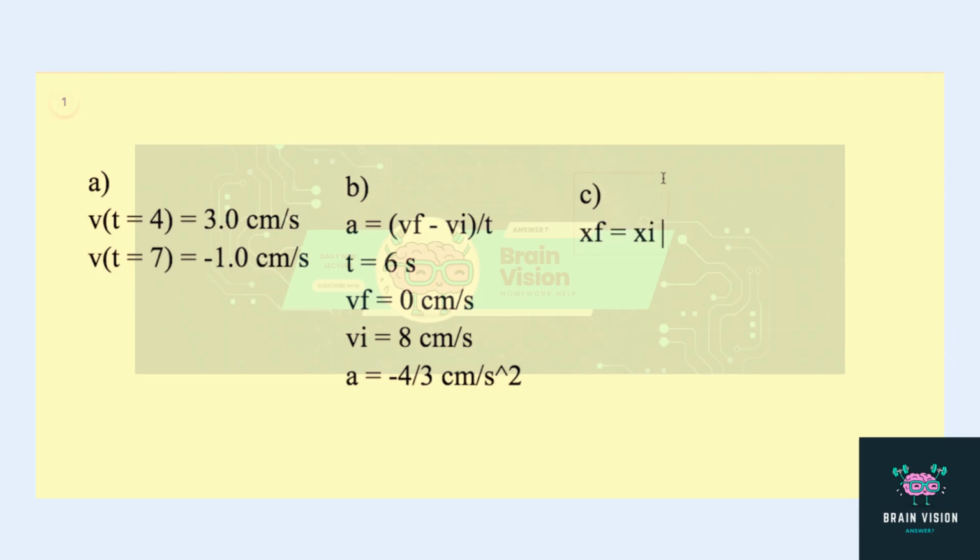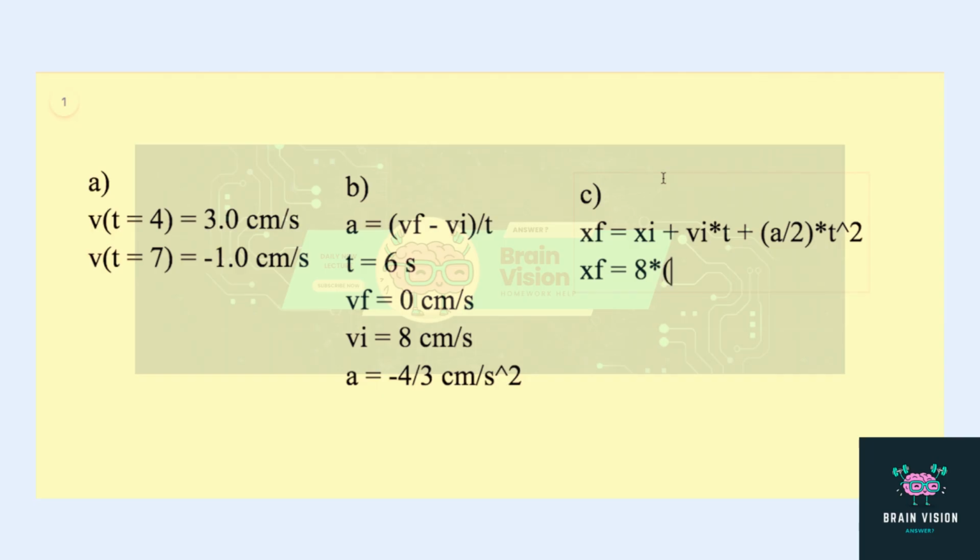So we have x final is equal to x initial plus v initial times t plus a over 2 times t squared. We can call our initial position 0. And our initial velocity is going to be 8 centimeters per second